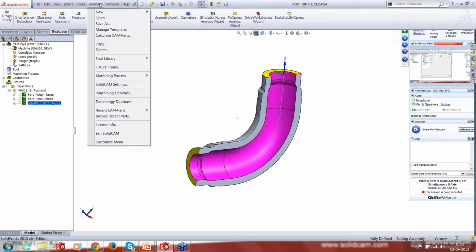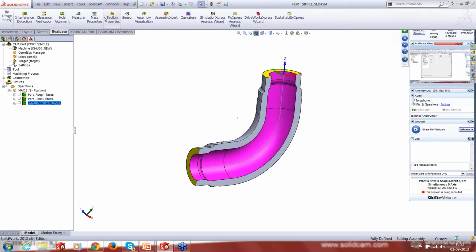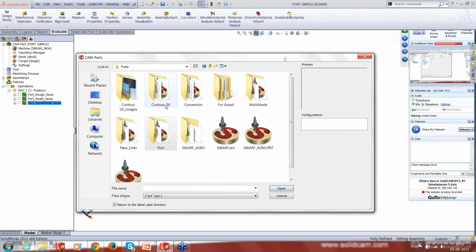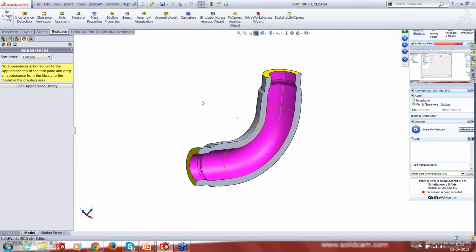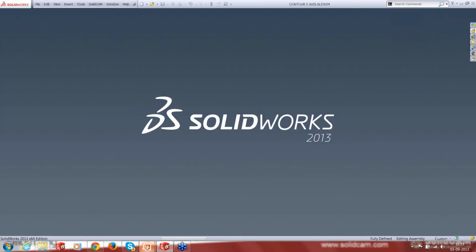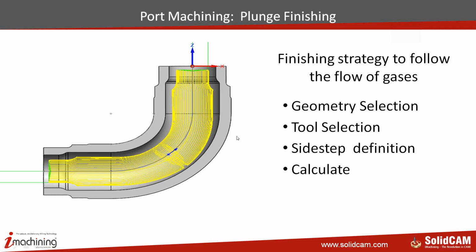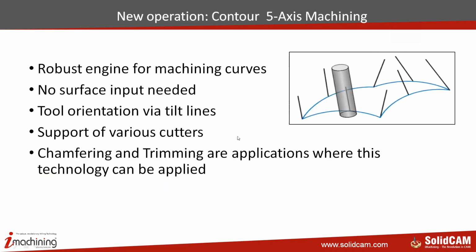Let's look at another technology very quickly, and this is the contour. This is one of the easiest and nicely developed technologies. The contour is generally used, if I go back to my presentation, it's a robust engine for machining only curves. You don't need to input any kind of surface. Tool orientation is via tilt lines. It supports different cutters. You could use this application for chamfering or trimming, or deburring a particular edge